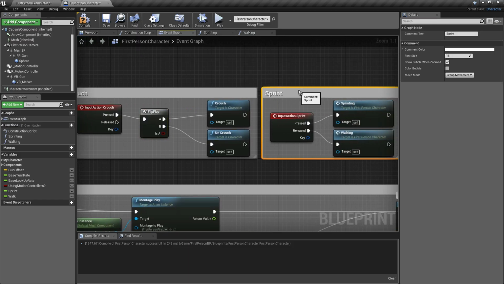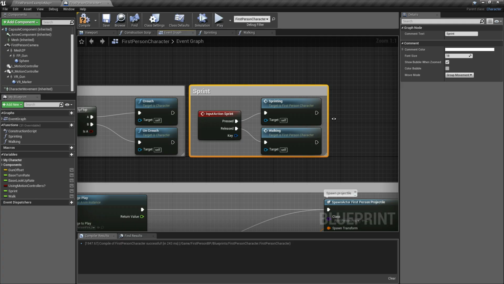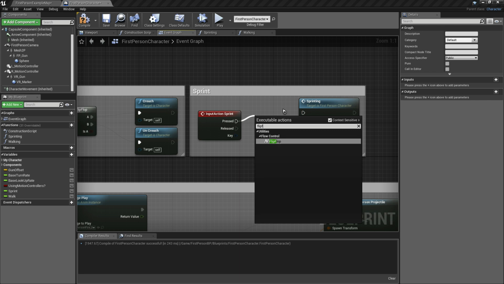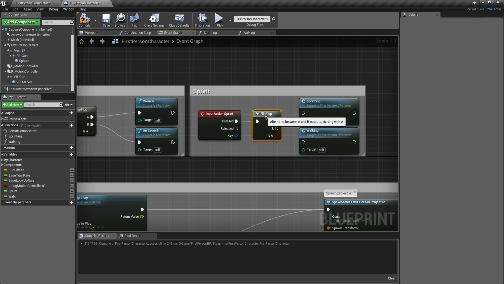After that, we're going to apply this flip-flop to our sprint. By connecting the press to the flip-flop, A should be connected to sprinting and B to walking, which means once we press the left shift key, the first person character will sprint.